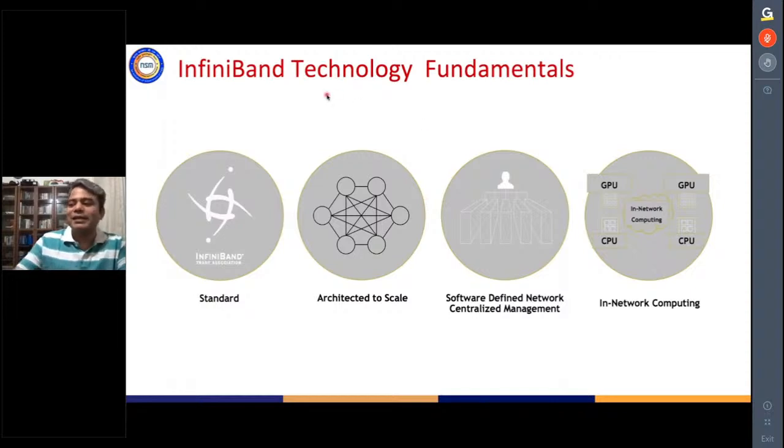Just like Ethernet is an IEEE standard, RFC defined, similarly InfiniBand is IBTA defined, a technology standard, and there are tons of companies which are part of this consortium. NVIDIA leads it because right now NVIDIA creates all the elements of this network. It is standards based, so it is backwards and forwards compatible. It is architected to scale. We talked about scaling and the various technologies that are put into it so that it can actually scale up